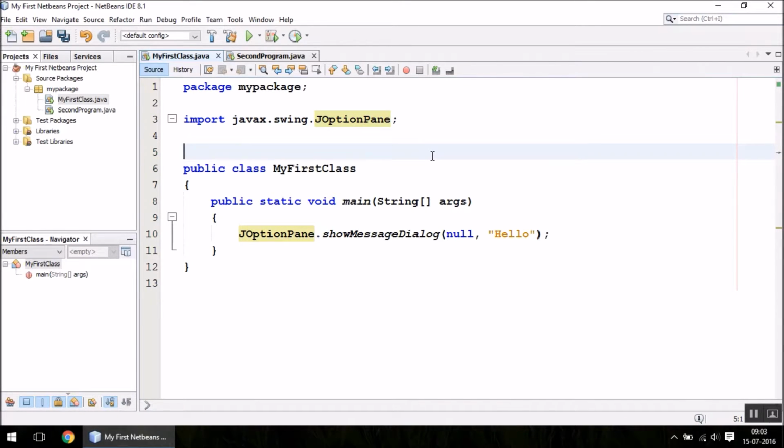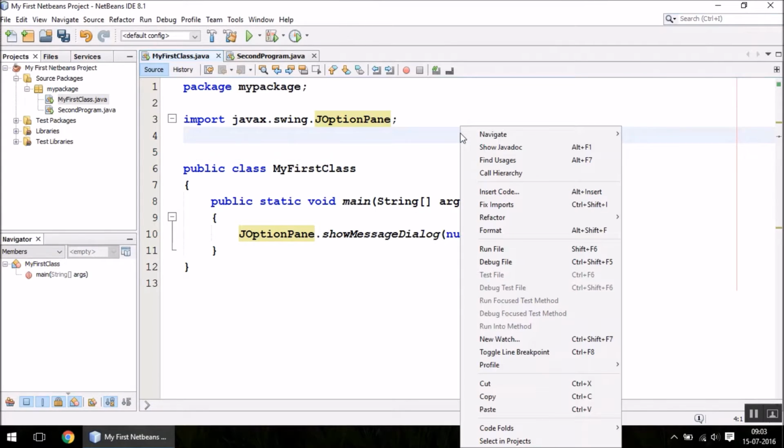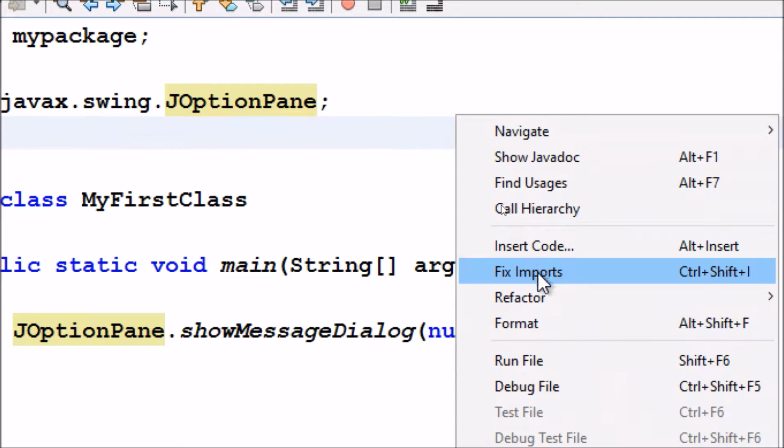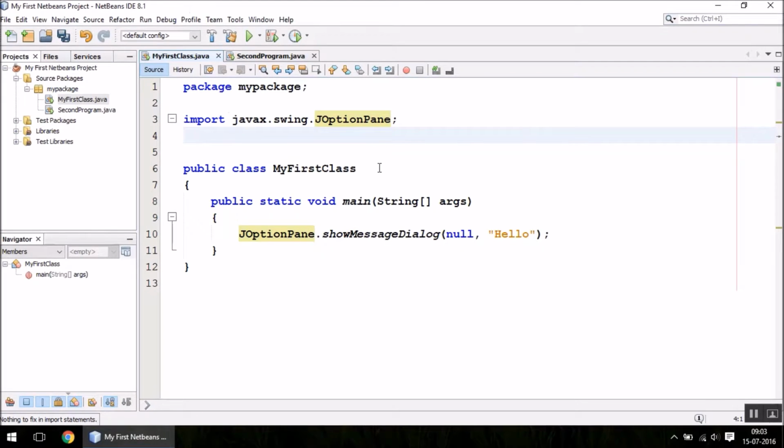What you can do in that case, even if you don't use IntelliSense feature, is right click on any part of your coding screen, and simply click on this fix imports option. So if your program requires any packages or any classes to be imported, it will do it automatically, right?